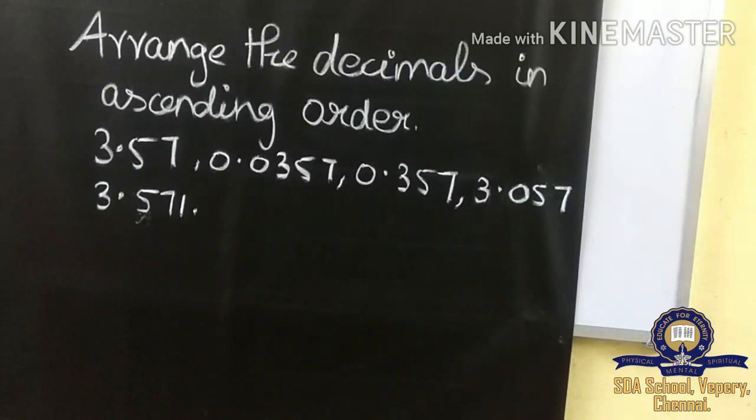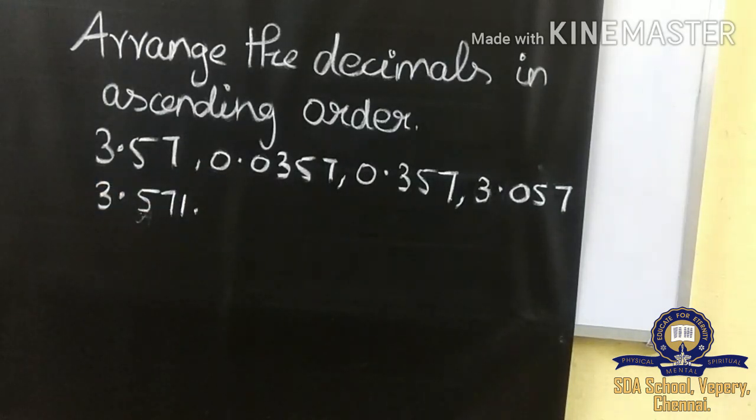Here we are going to arrange the decimals in ascending order. You can easily say that ascending order means smaller to bigger, right? If it is in the 0.0, that will be a minimum thing, right? If it is in the scale, 0.1 is greater, 0.01 is very, very smaller, right? So here you can see that the 0.0 value is the smaller.